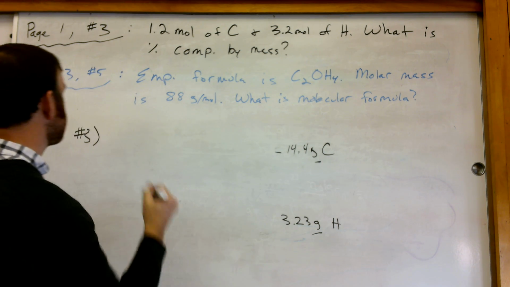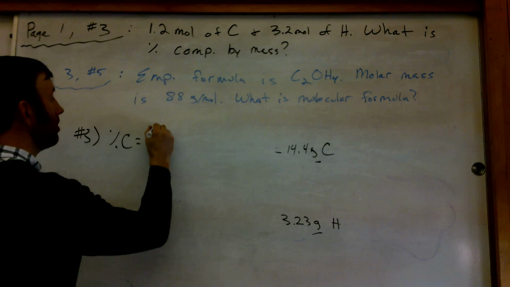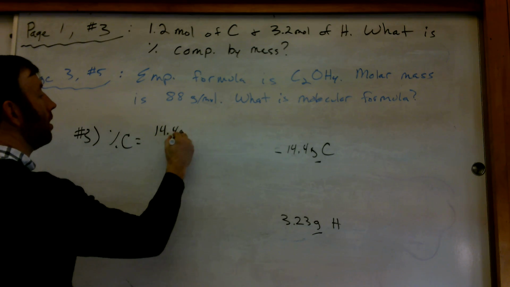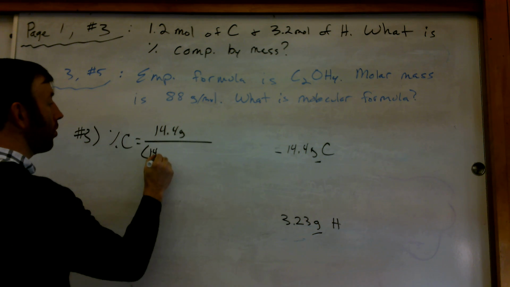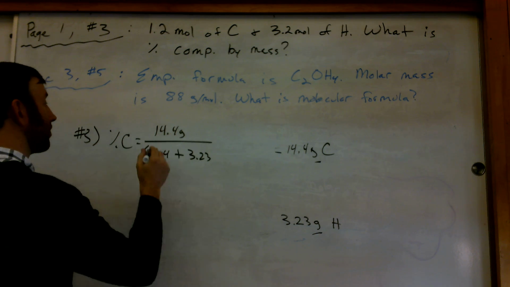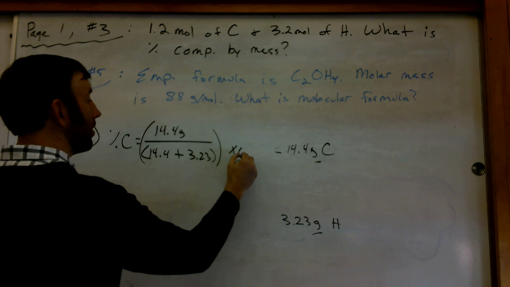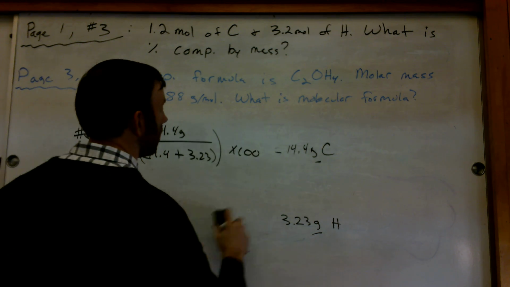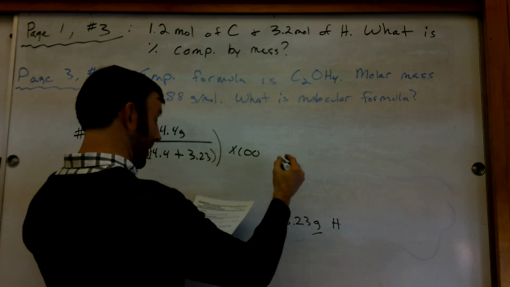If I want to know my percent carbon, I'm going to take my part that is carbon over, or divided by, the whole, which would be 14.4 plus 3.23, and take that number times 100, and when I do that, I should get